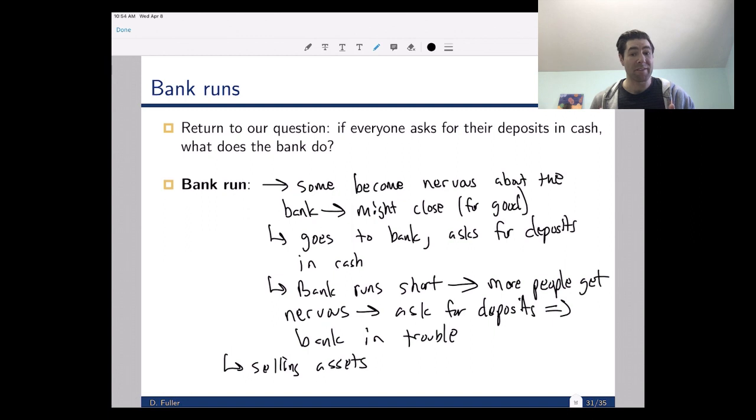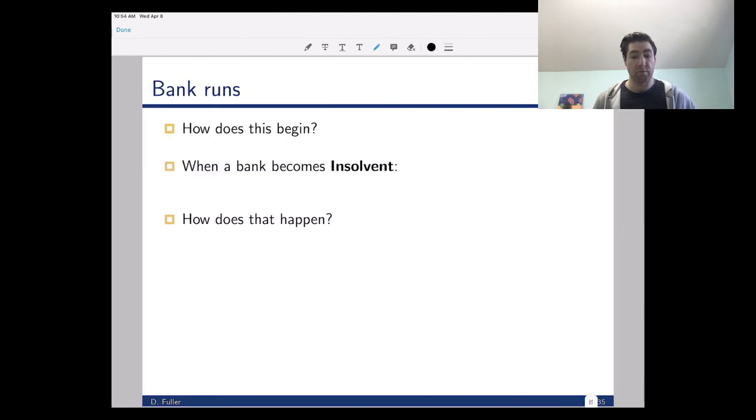And remember, a lot of their assets are tied up in loans. So if the bank has taken your deposits and turned them into a mortgage that's got a 30-year maturity or is due in 30 years or paid over 30 years, they can't all of a sudden say in that agreement, I want you to pay the rest of your mortgage immediately. And so a big chunk of assets aren't what we say liquid. The bank can't convert them to cash immediately. And so the bank is simply in trouble here. And so that is exactly a bank run. And that can potentially cause some problems for banks.